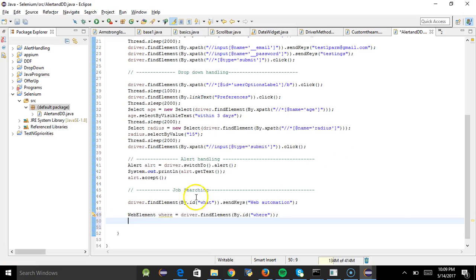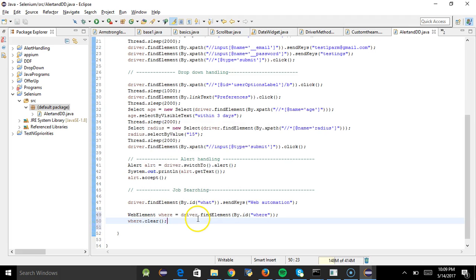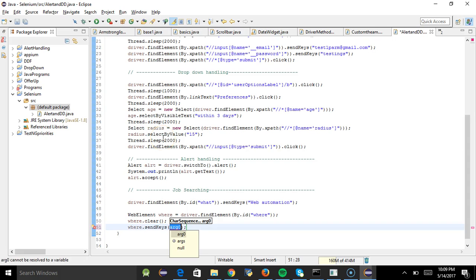I took the value of this object in this variable and will clear this: where dot clear. Now it will clear the value of this field, and then we can send whatever values we want to enter. I want to find out the jobs in Sunnyvale,